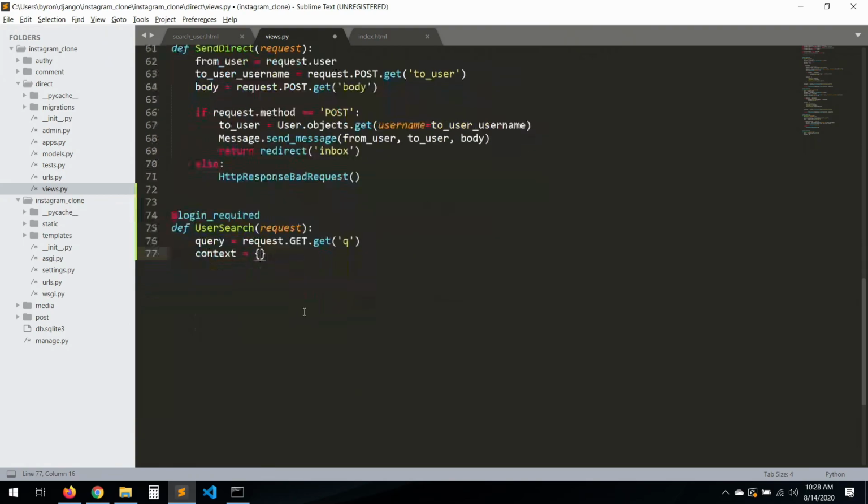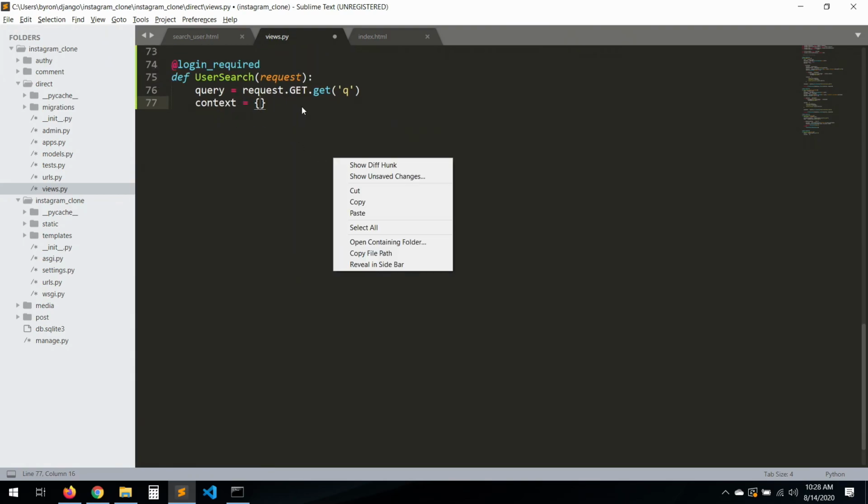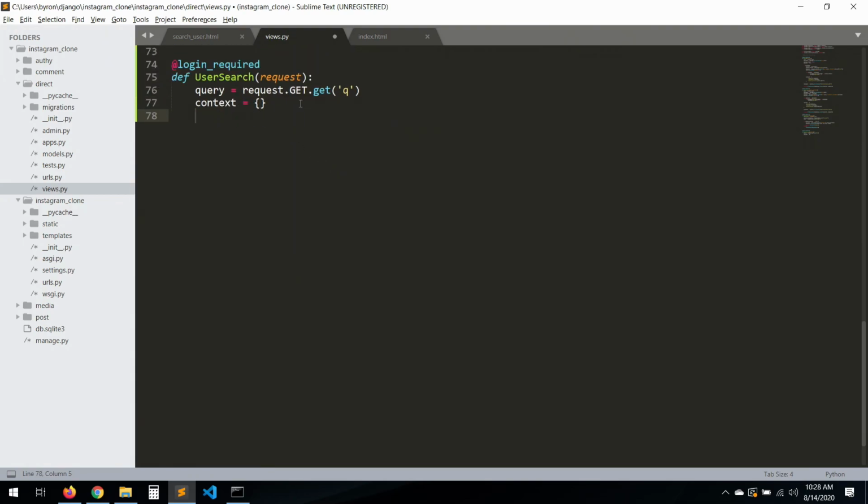Create the context, empty context, so it doesn't crash. So if query, right, if we get a query, so users will be equal to User objects filter, and here